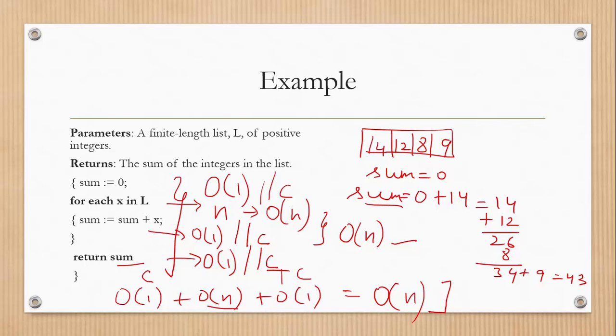So we can conclude from this algorithm that the overall complexity of the algorithm depends upon the operations which are most time consuming. For example, in this case the most time consuming operation is this for loop because it is depending upon the size of input. Other statements which are not depending upon the size of input, that is, they have constant time complexity, can be easily ignored. So the overall complexity will depend upon this value of n. So hope this is clear to you.